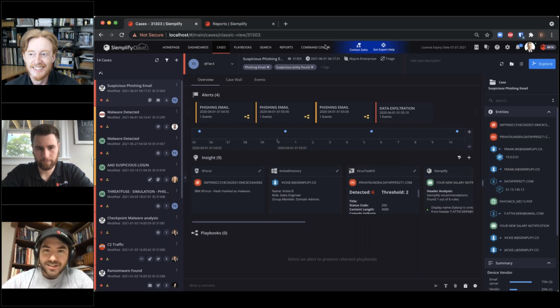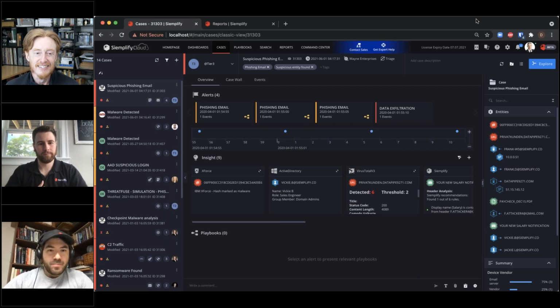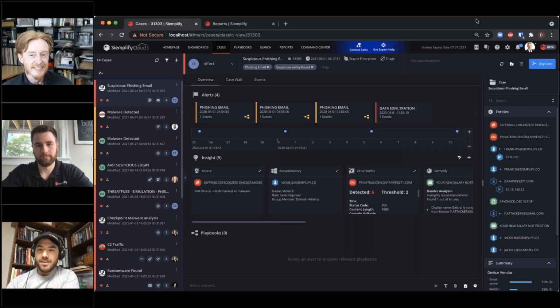Thanks a lot, Chris. So let me just get my screen situated so I can walk through the demo here. So just to start with, like Chris was saying, Simplify is set up to ingest information from a lot of different alerting sources. Those sources could be a variety of different things. They could be a SIM, they could be an EDR solution, it could come from an email. But the alerting data is what we're ingesting into Simplify, and then we're going to process that data and turn it into an alert inside the tool.